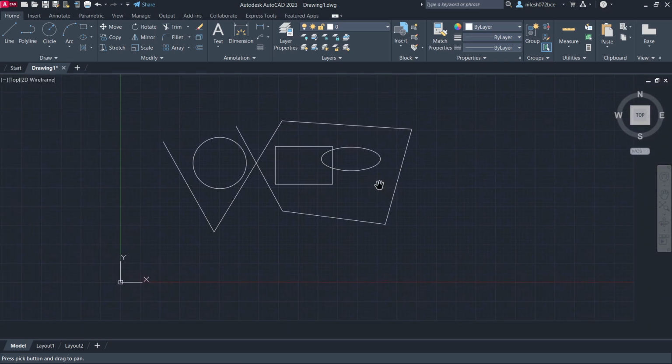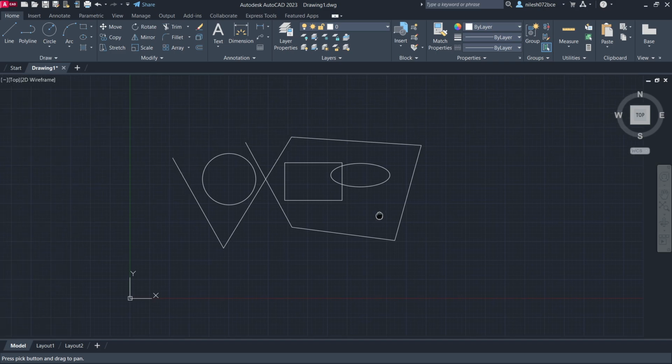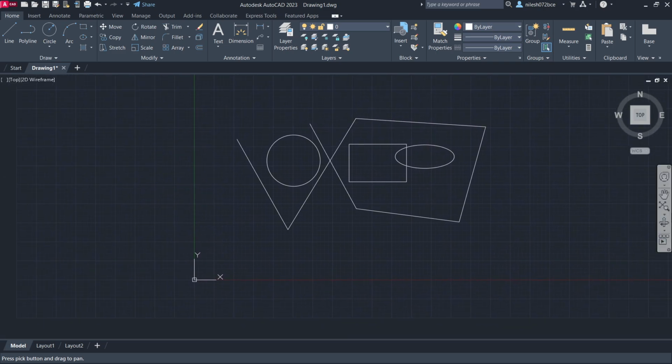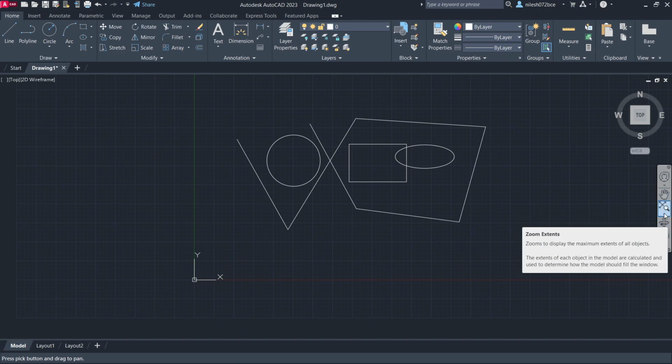So here you don't need to press and hold the scroll wheel button, but you need to press and hold the left button of your mouse, and then drag your drawing to the location you want. Again, we have here the zoom options, and in the zoom options we have so many other options.